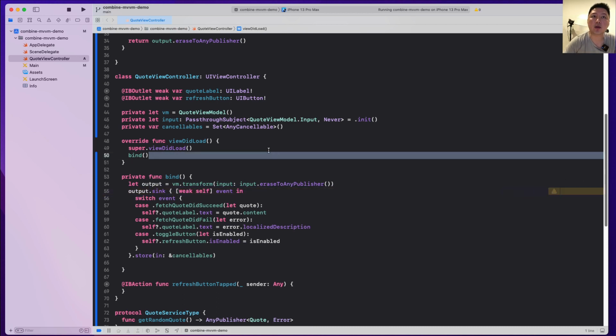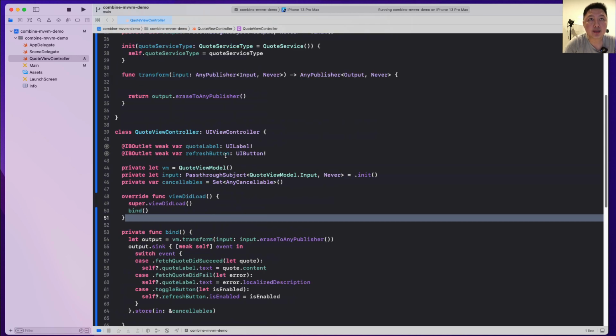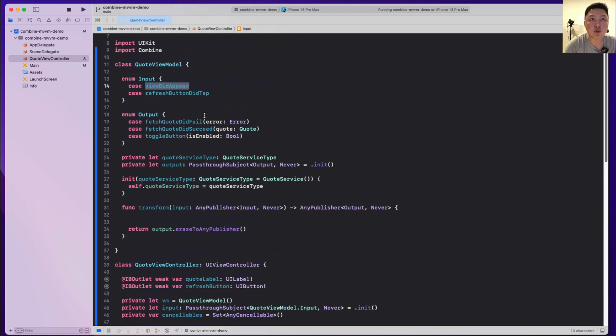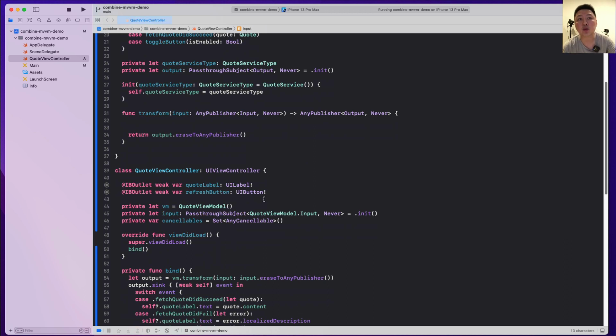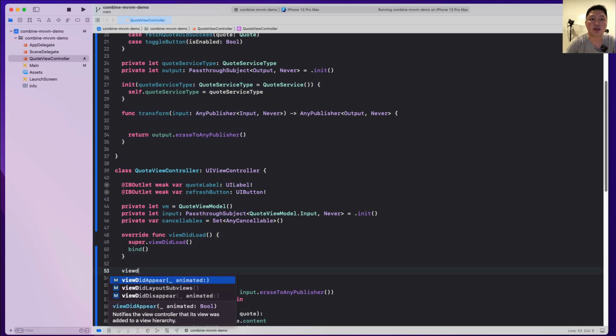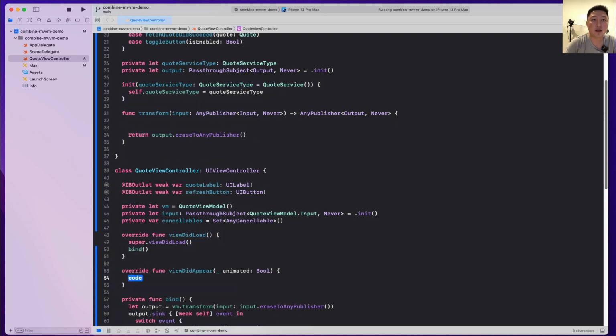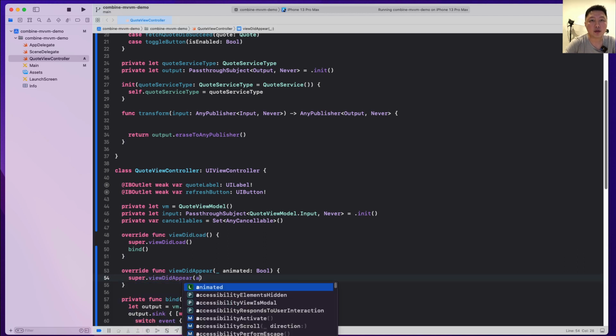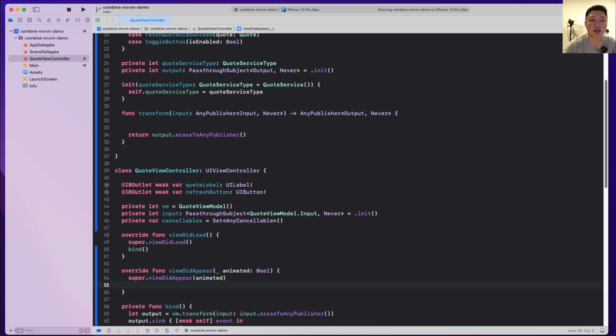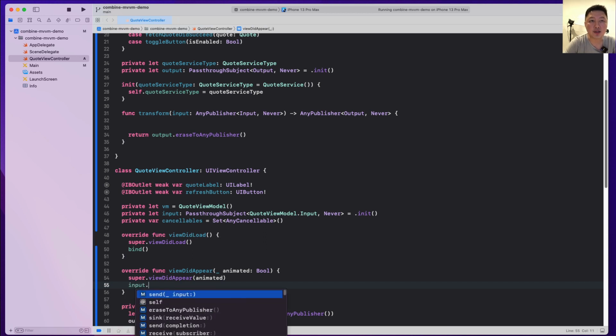Okay, guys. So now a few conditions, right? When viewDidAppear happens, we want to get the view model to make the API call. So how do we do that? How do we connect that from the view controller to the view model? All right, so let's first create this event first. So viewDidAppear. This is just boilerplate stuff, okay? So what we can do is the input.send